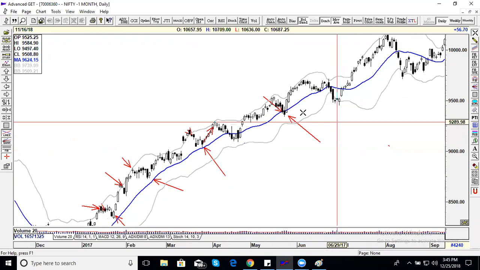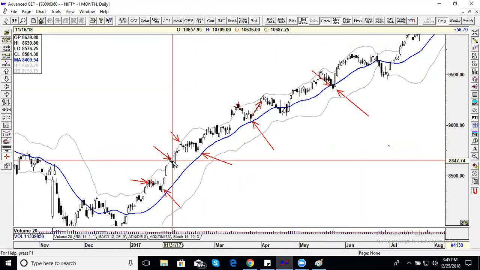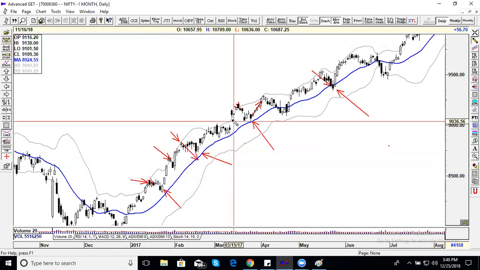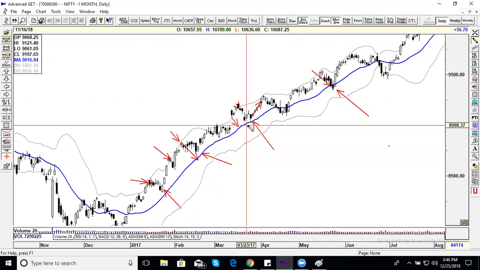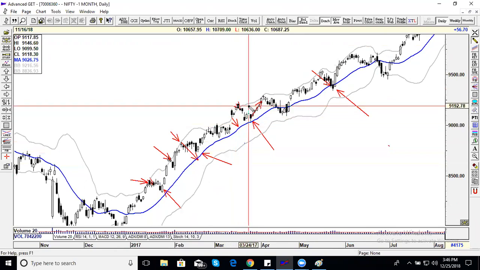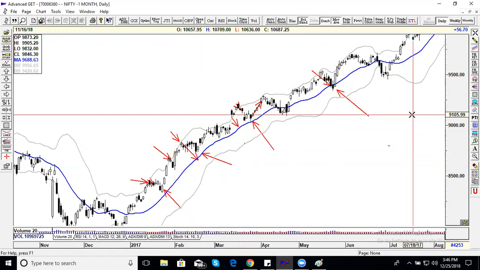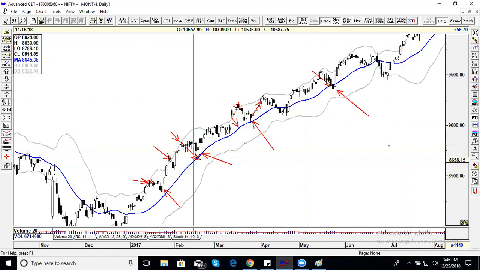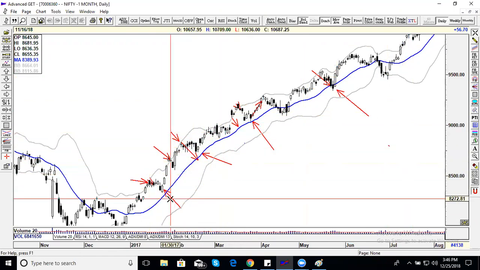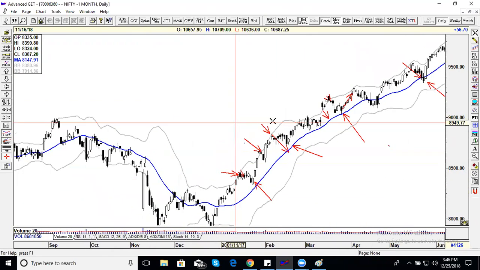So you can see in a bull market, once trends get established, the first thing you will see is the price action will be in the upper half, which is above the middle band and around the upper band. This shows the strength. The 20 period simple moving average can be used for re-entries, and it will act as support in the bull market. And in the bear market, what happens?